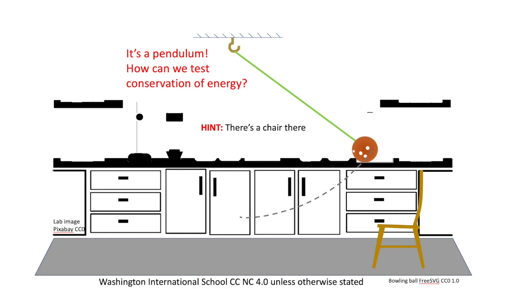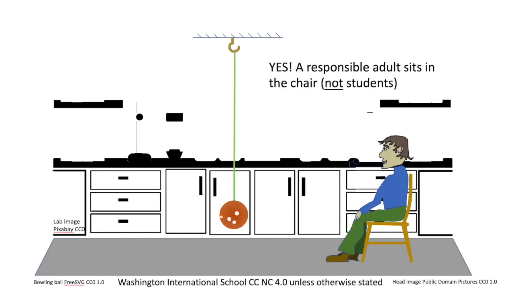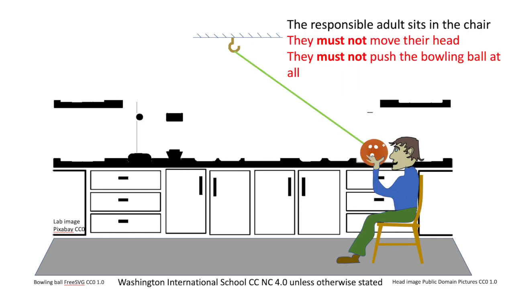So it's a pendulum. So how can we test conservation of energy with the swinging motion of the bowling ball as a pendulum? And hint, there's a chair. So a responsible adult will sit in the chair. And that person must not move their head, and they must not push the bowling ball, just let it go